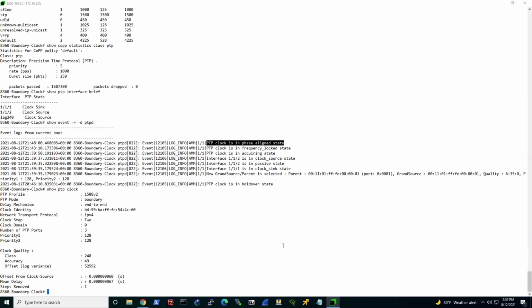We're using 2 steps, and we keep the defaults for the priorities, which are for 1588 profiles. It's 128, both for priority 1 and priority 2. But the key here, what we're looking for, is this offset. Remember, the offset is the deviation between the internal source, or what the internal source measures against the source clock